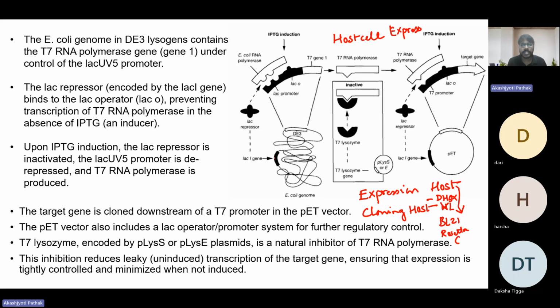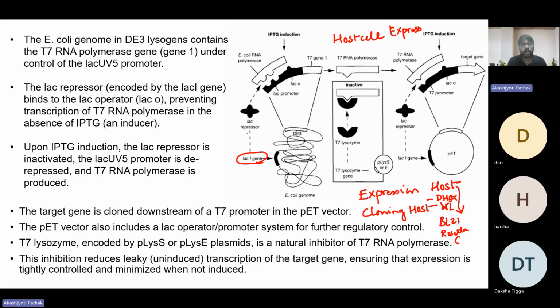Now in this E. coli genome, there is a LAC-I gene. By engineering, you have put this LAC-I gene in this E. coli genome, and there is another gene, this is DE3. So your DE3 gene has your LAC promoter and a LAC operator. And then downstream to your LAC promoter, you have the T7 gene. Okay, so what happens is that